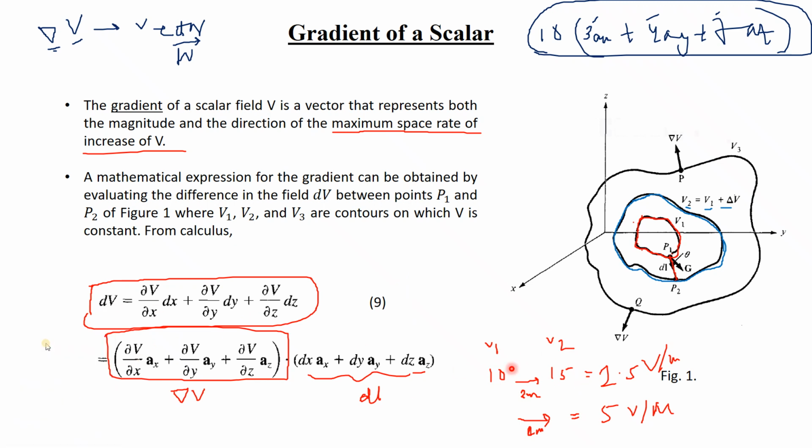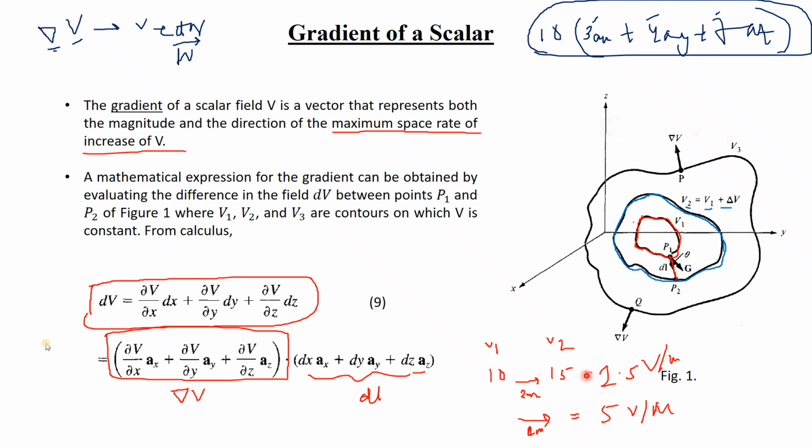Because this is actually written the other way around. If you consider this particular part, you will see it is what I have explained: if you have a potential V1 of 10 and V2 as 15, your change in potential is 5. So if you are traveling that change in potential along a path of 2 meters, then your rate of increase of potential will be 2.5.